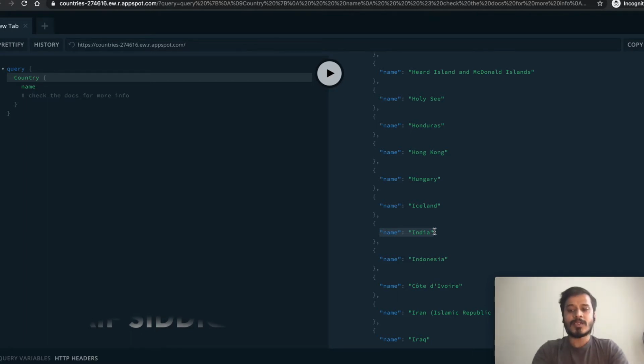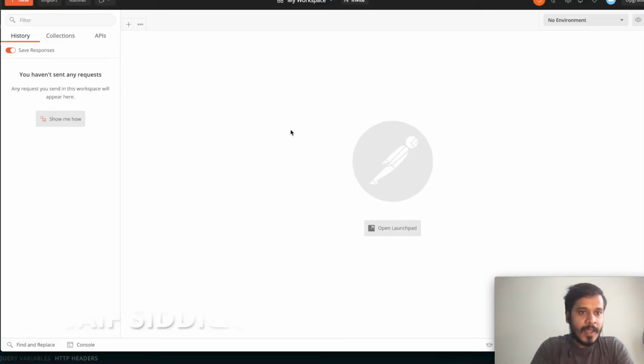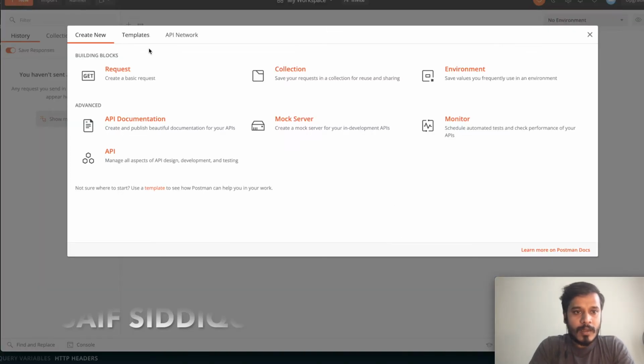Now let us just automate this API, and we will do this using Postman. I think most of us should be aware of Postman. If you are not aware of Postman, maybe you can just look up any other tutorial so that you have some basic idea how Postman works. I will just open Postman, and I will create a new query, and I will just create a request,